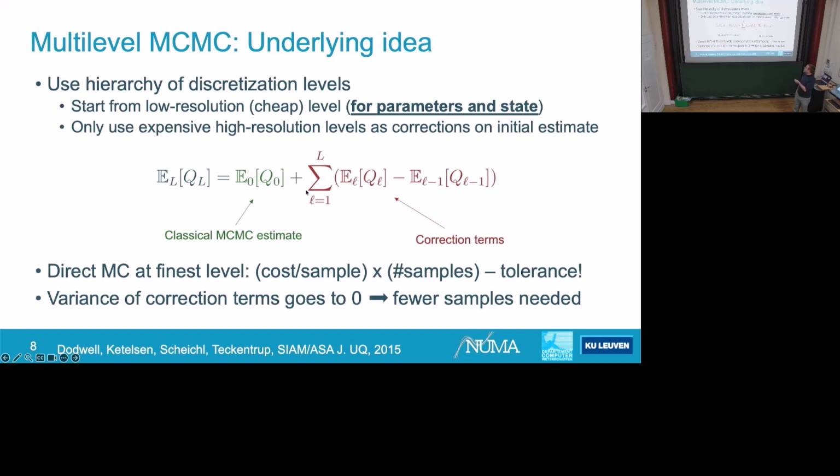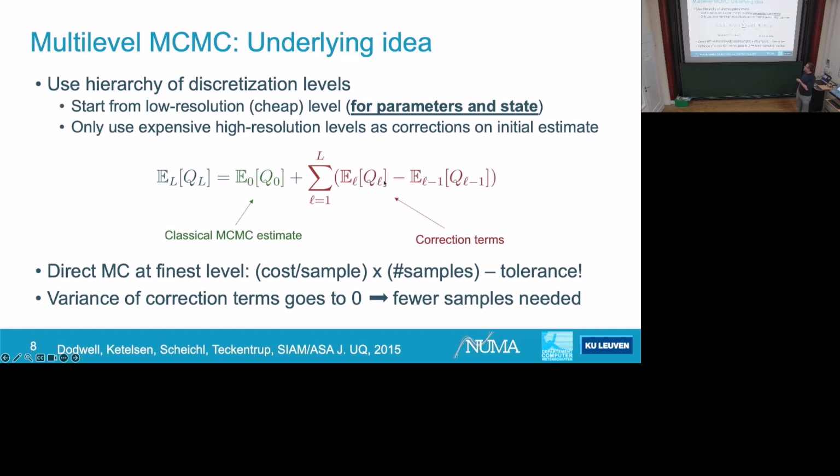So what you see is Q0 disappears with Q0 here, Q1 will disappear with Q1, Q2 will disappear with Q2, etc. So the only thing that will remain in this telescoping sum is the finest quantity of interest. So this estimates the same quantity, the same expectation. The variance, however, is now governed by the variance on this level, and this is cheaper, so you can take many more samples, so lower variance at the same cost at this level, plus the sum of all these variances that you see here, but these are differences.